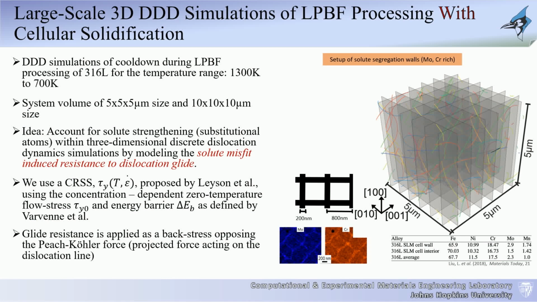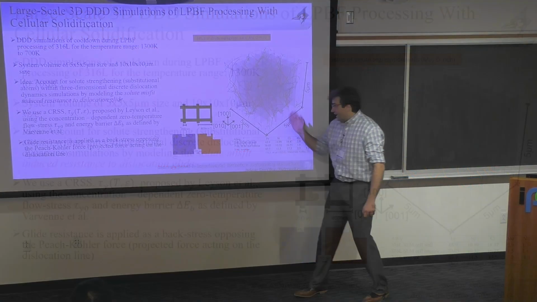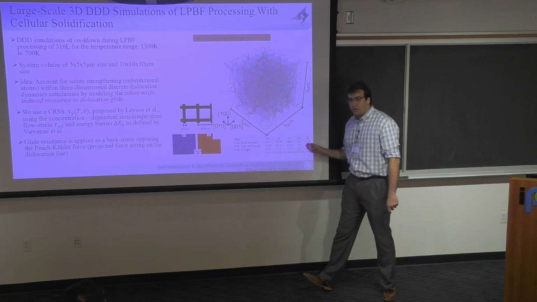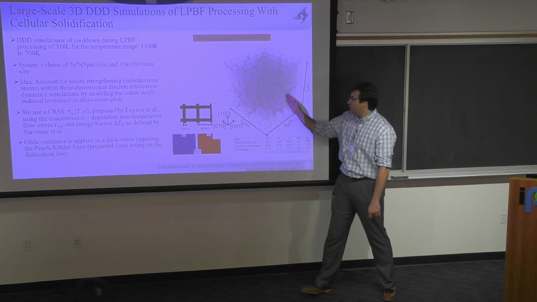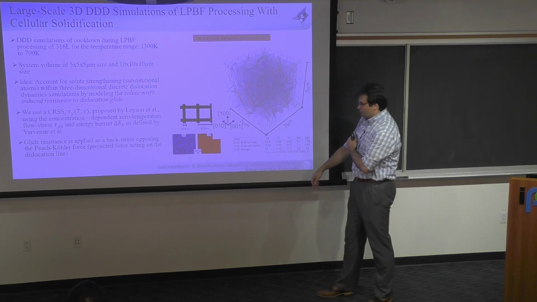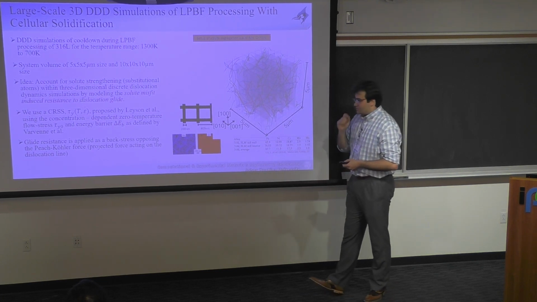They basically form this specific structure of a grid. If you're looking down along the 100 direction, then it's going to be like a grid. If you're looking at either one of these side views, the 010 or 001 direction, they become more of an elongated type of representation. And I'll show you some of these other experiments that show that a little bit more carefully. But experimentally as well, we know the local composition. I know the local composition in the cells and in the high molybdenum and chrome rich regions.